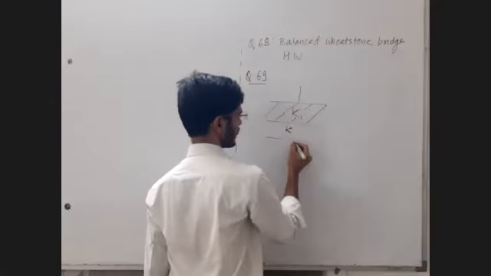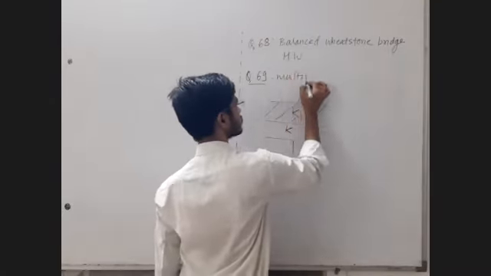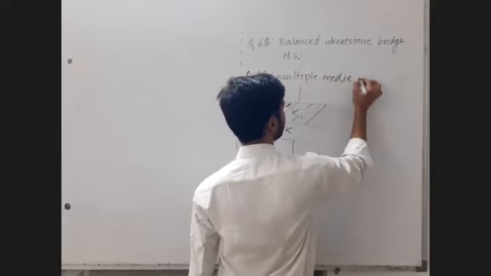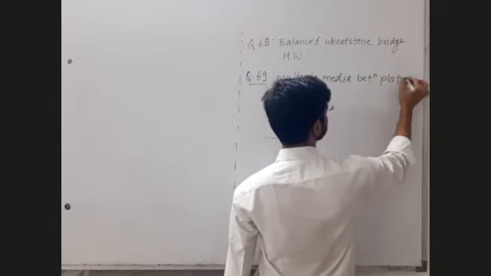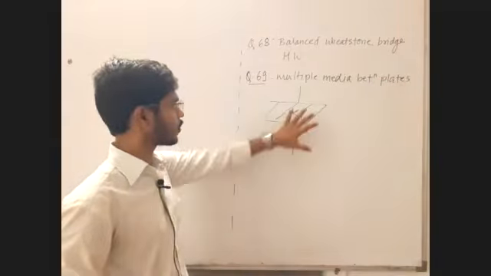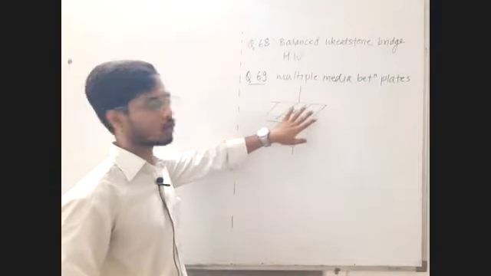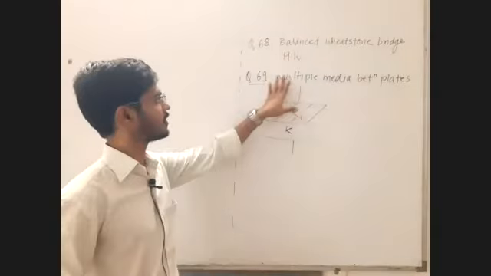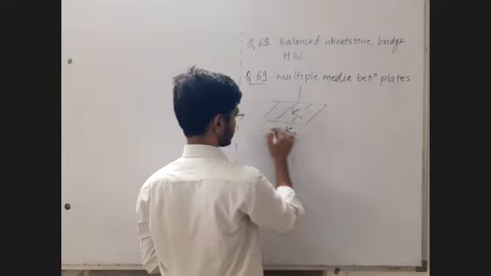एक मीडियम नहीं आता, एकापेक्षा जास्त मीडियम असतील. So write down multiple media instead of medium. Now write media between plates. Till now we had only air or only water or only vacuum or only glass. In between, the medium was only one, but now we will be having multiple media between the plates. Let's say the arrangement is given like this.